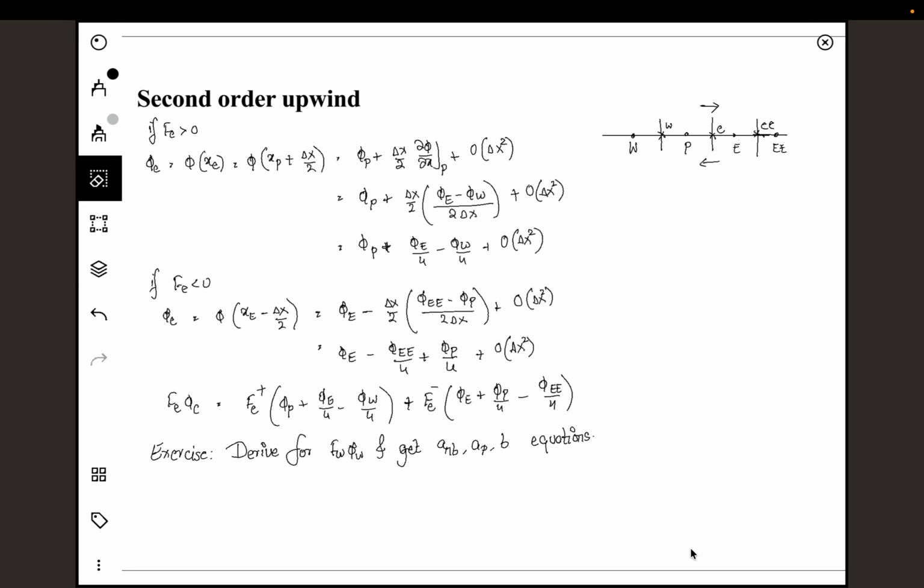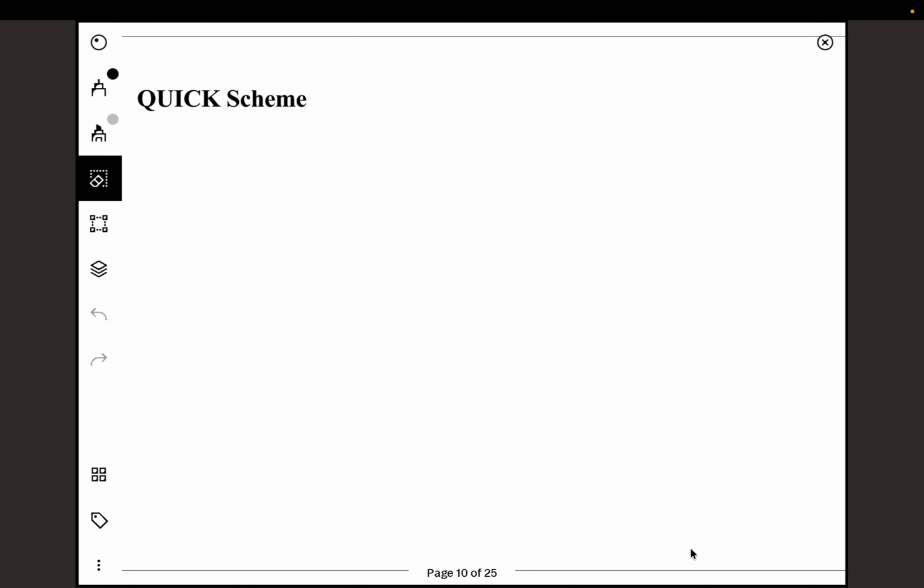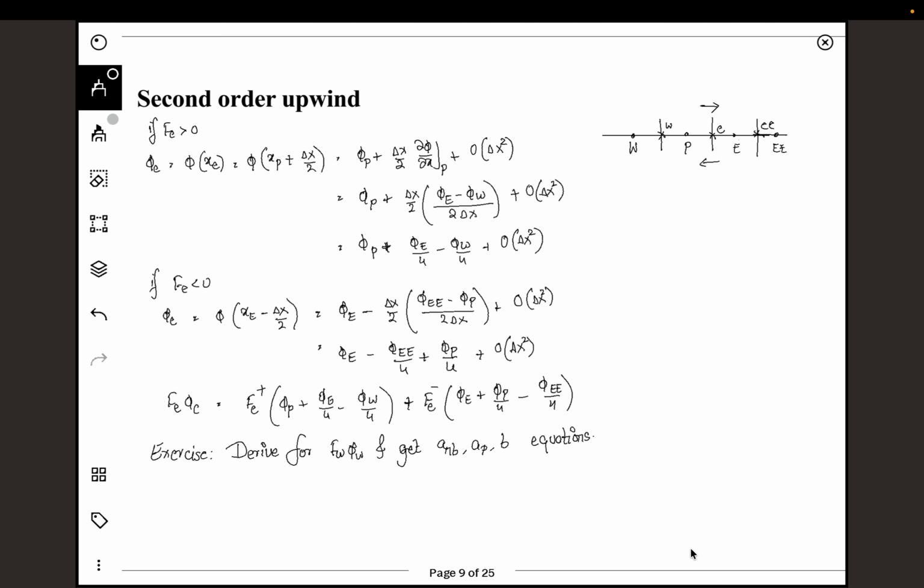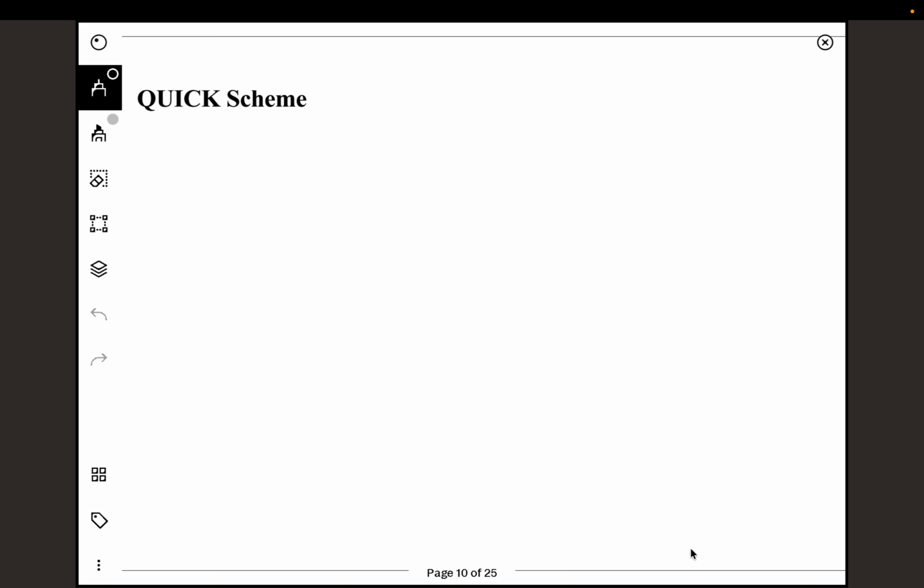Now again, we can also come up with another scheme. Instead of why do we have to stop here, we can add one more term also to get the third order accurate scheme. So that is this quadratic scheme, which is a third order accurate one. So QUICK stands for quadratic upstream interpolation for convective kinematics scheme. So the idea here is the same as before. So if F is positive,